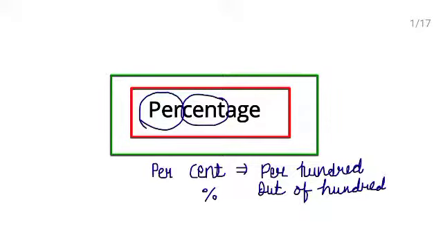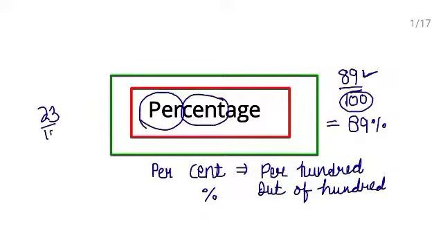For example, if you have 89 marks out of 100, your teacher indicates it as 89 out of 100, right? This is in the form of a fraction. Now if you want to write it in the form of percent, in the denominator you have 100, it means 89 is out of 100, so you can directly write it as 89%. Clear? If you have 23 out of 100, then you can write it as 23%. This is in the case if the denominator is 100, it means they have already given out of 100.